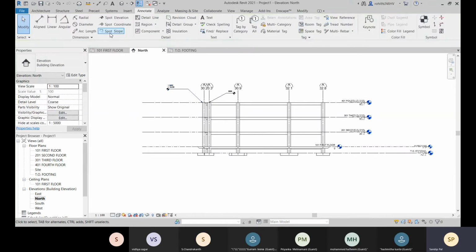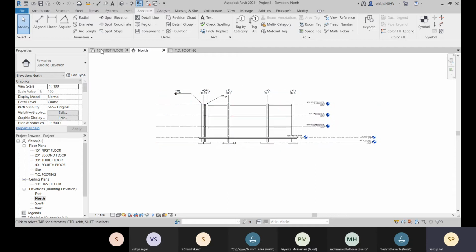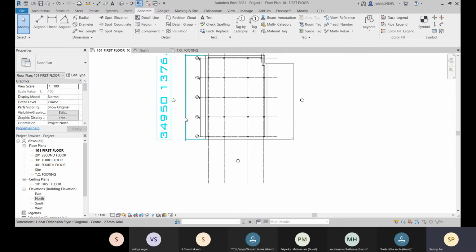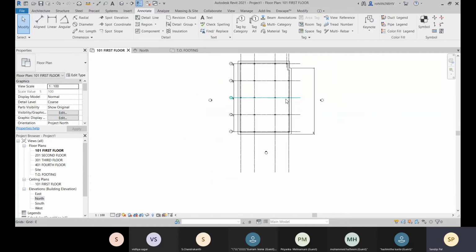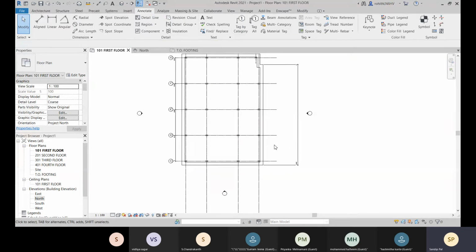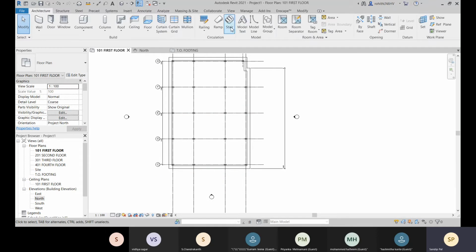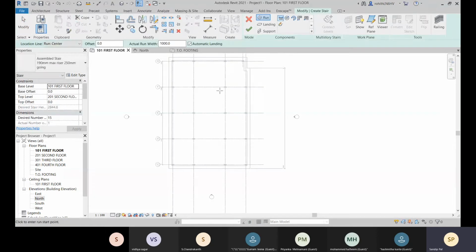Okay, so for this spot slope and all, you can do it, right? So that is not any difficult. Now let's come to this one, and let me delete this. Okay, and now let's go for some views. So suppose I need a detailed view for any particular stair. I have created one stair over there. So let me go with this default one.